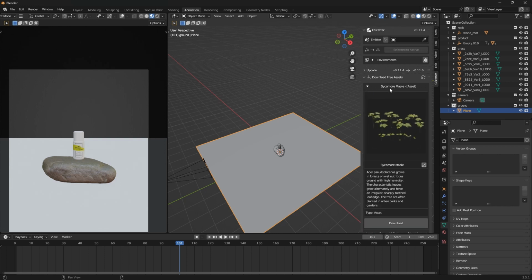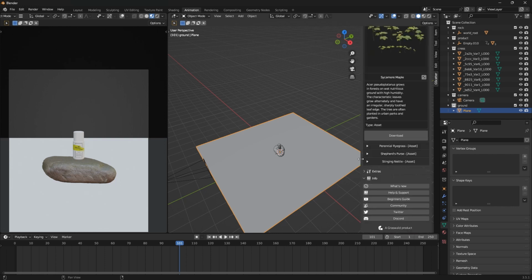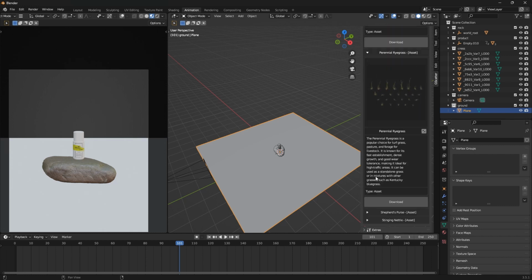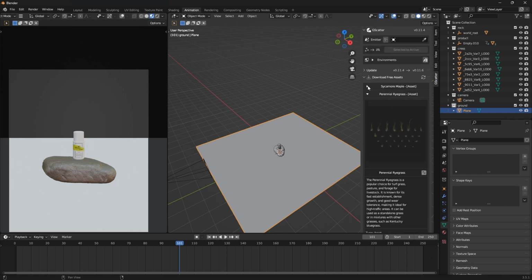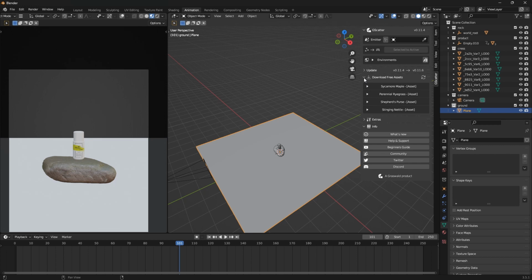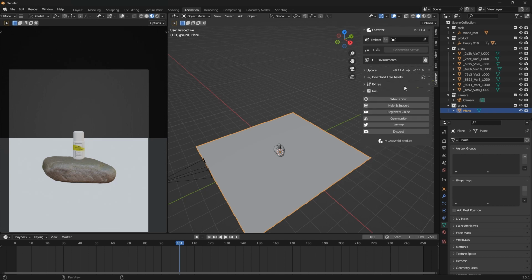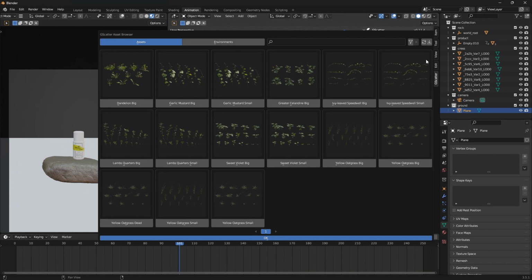You can download any of these. You can download the assets from here. You see more than the ones you are seeing on my own in your site. And then once you've downloaded the plants that you want, so you just come here on this place, and then you select which of the leaves you want to download. But before I